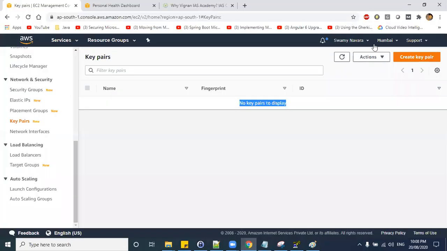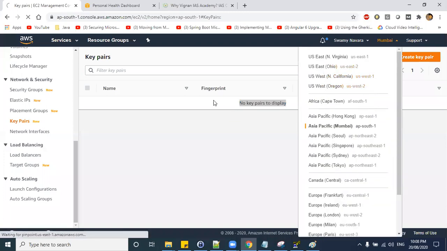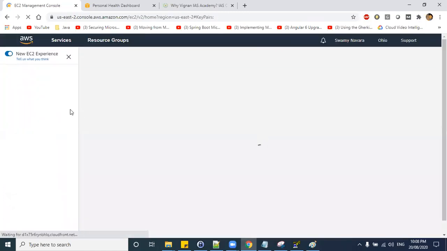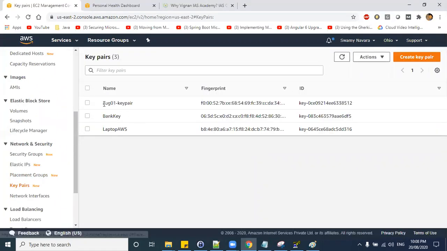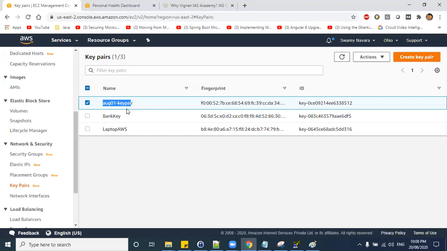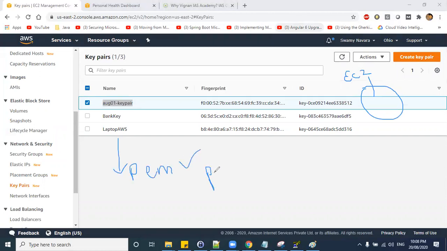So let me go to Ohio region and show you that. If you go to key pairs, this is what we have created. When you create this key pair, what exactly happens? We know that one public key will be generated. This public key will be assigned to EC2 machines, and you will be downloading one PEM file. This PEM file is nothing but your private key, right?